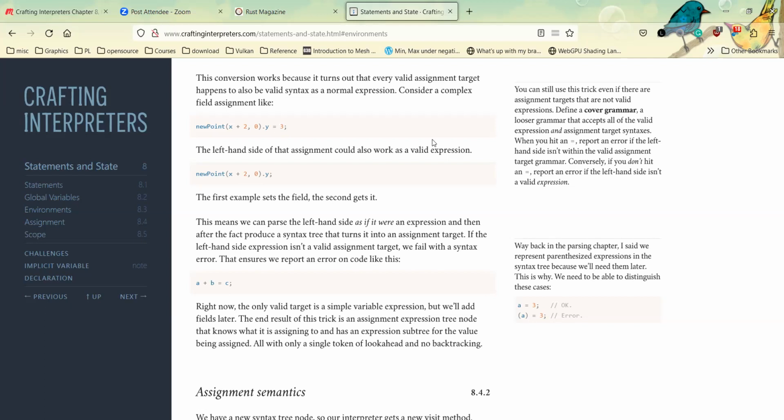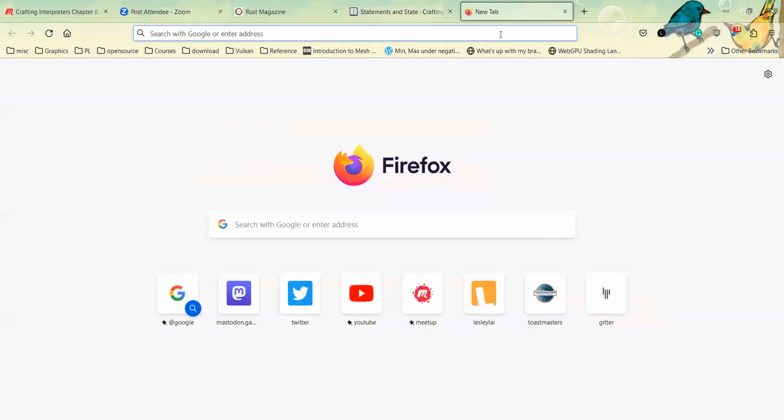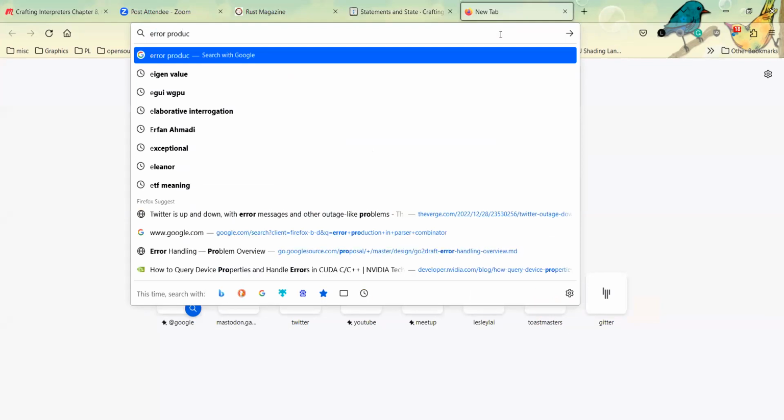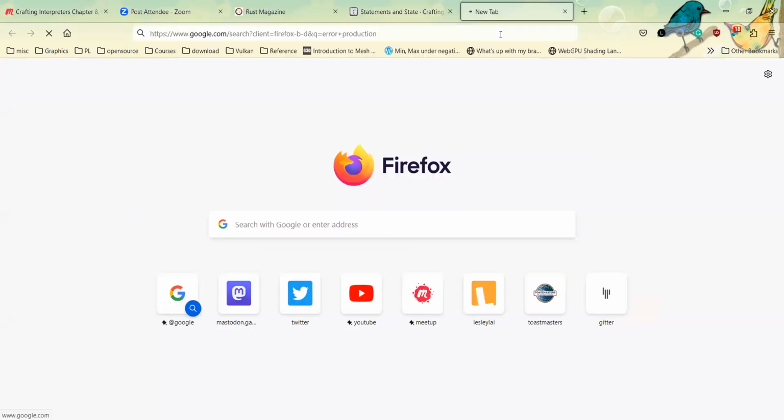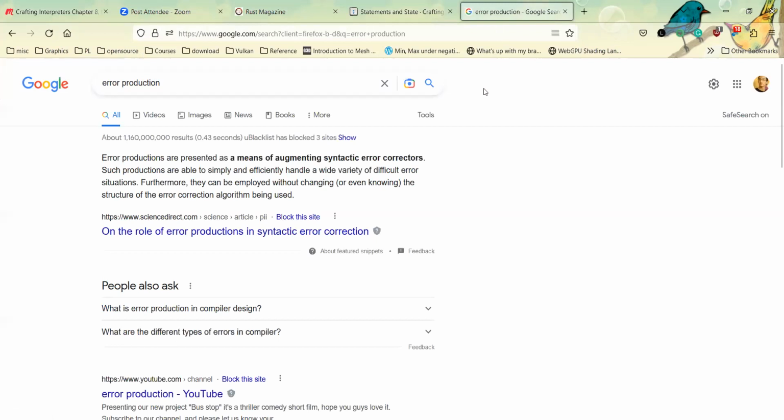Oh, I see. So this is what is called error production? I don't know what that means, but I remember I brought this up a few weeks ago, that that's a feature that I like. For example, you can do that in Rust macros or in SwiftUI result builders.